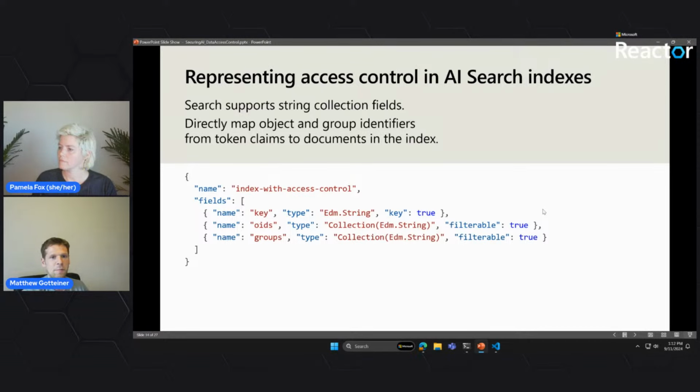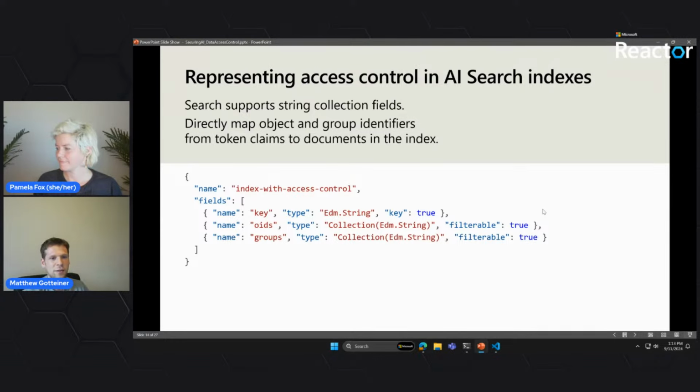So when you want to map this, how do we actually put these documents into AI Search? Well, the first thing you need is a key field, which uniquely identifies the documents. To actually add access control, we have two additional fields, namely we call them OIDs and groups. And these are actually collections of strings. What we're basically saying here is that, hey, any given PDF, like the question I asked about what's better, Northwind Health Standard or Health Plus, there could be many users that have access to this document, not just one. So I model it as a collection of Edm.String, rather than just Edm.String, which would basically mean one user has access to it.